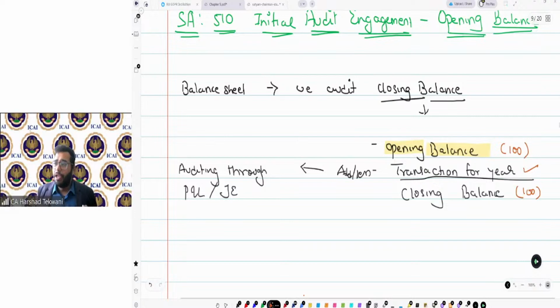So at times, a misstatement in the opening balance, if not rectified throughout the year, could result in misstatement in the closing balance.